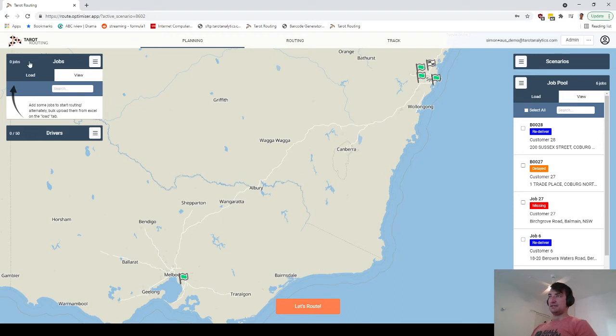The third step is to ensure the job list is open and that you are in the view of the job list. At this point, I have 0 jobs in the job list, so it's showing me to add some jobs to start routing. So, in order to drag and drop a job across, I come to the job pool,